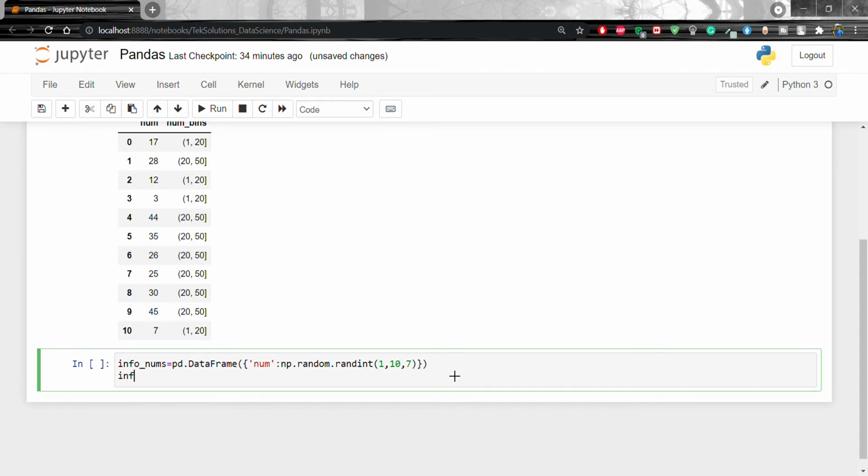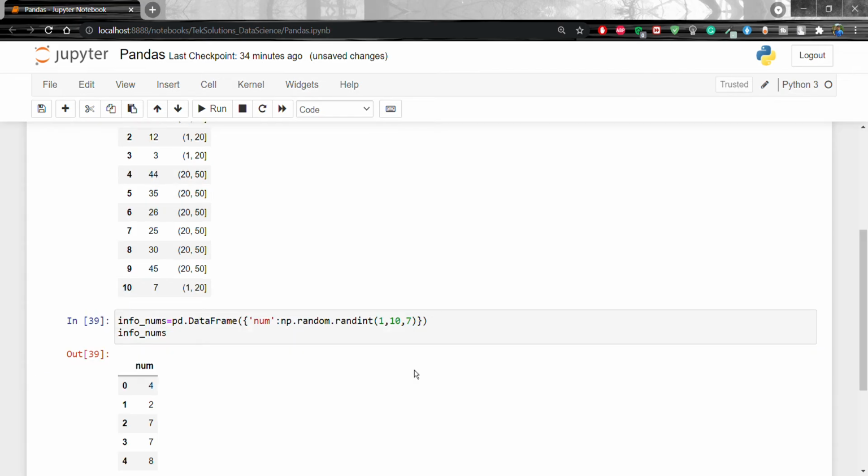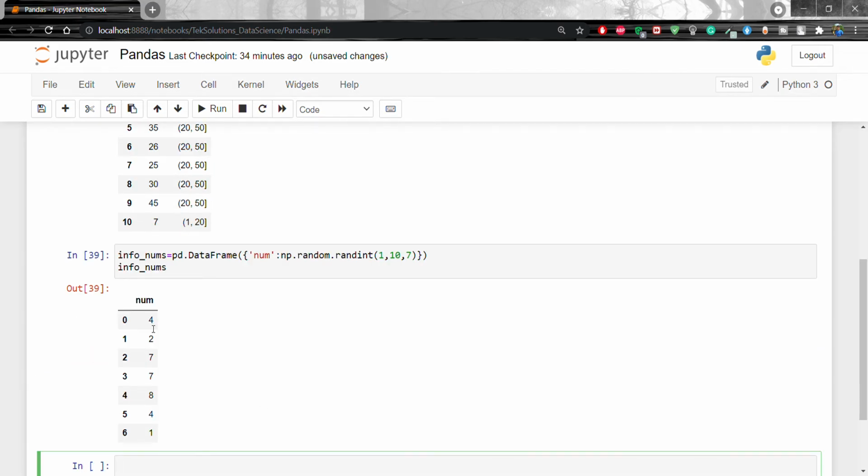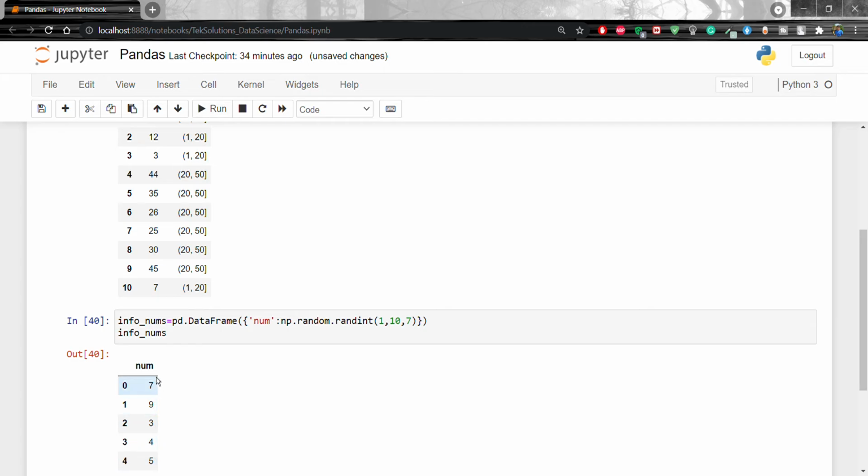Now if I print info underscore nums, we have the range between 1 to 10, and the rows, that is 7. Let's shift enter. Okay, we have 0 to 6, which means 7 values, in the range between 1 to 10. If I run it once again, the value of num is always going to change because of the random integer.